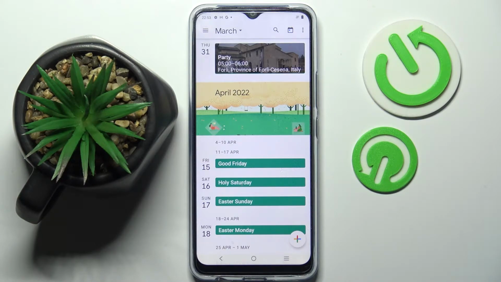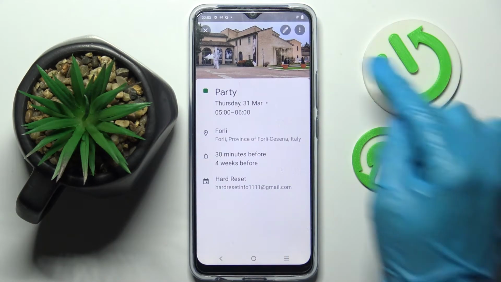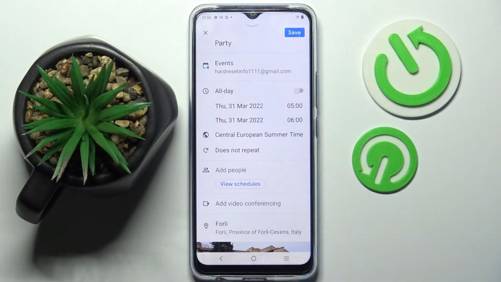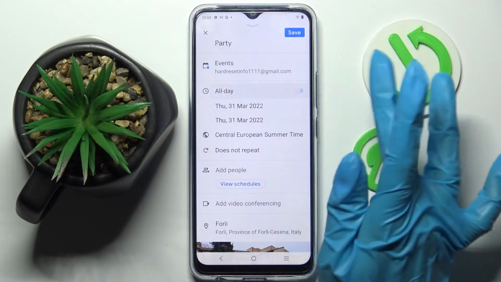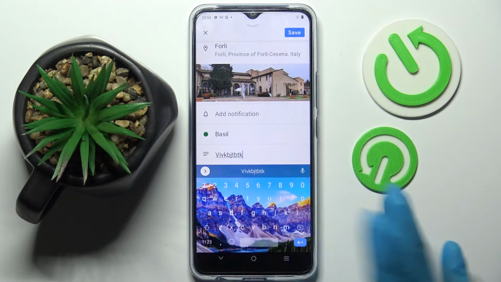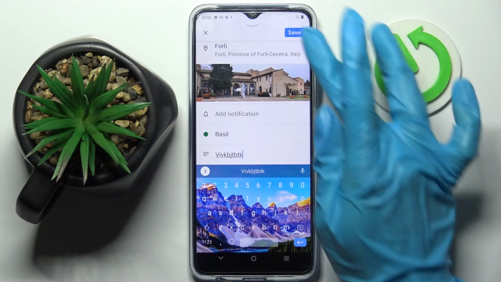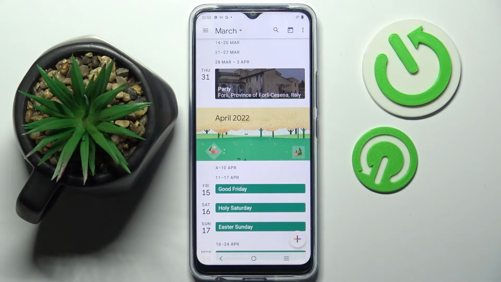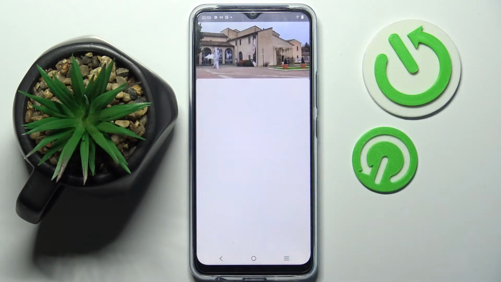If you want to edit it, you can do that by tapping on it, clicking on this pen icon at the top right corner and making your changes. For example, I will go with all day and take some notes. When you're ready, save your changes by clicking on Save at the top right corner, and as you can see, my event was edited. You can always get rid of it by tapping on it as well, but this time